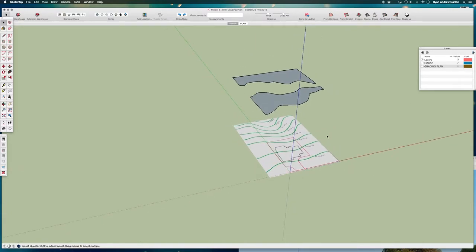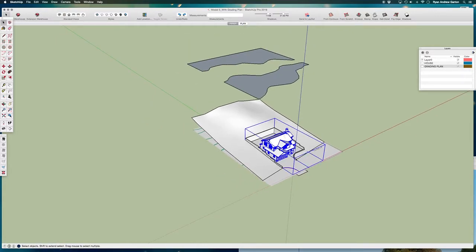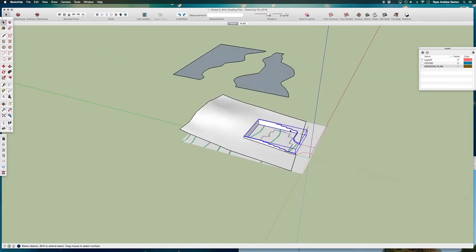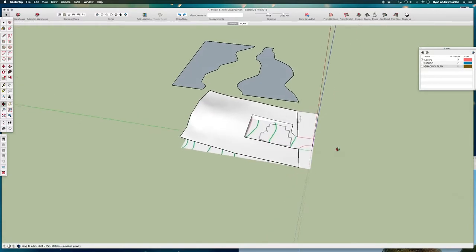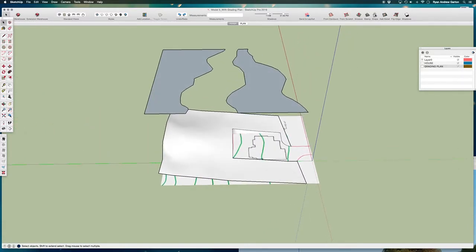Okay. Unhide my hill below. Hide the house just so I can see what's happening. Go ahead and hide the retaining wall as well, just so I can see what's happening with the hill. Now I want to activate drape, select my shape, and then select the hill below, and let drape do its